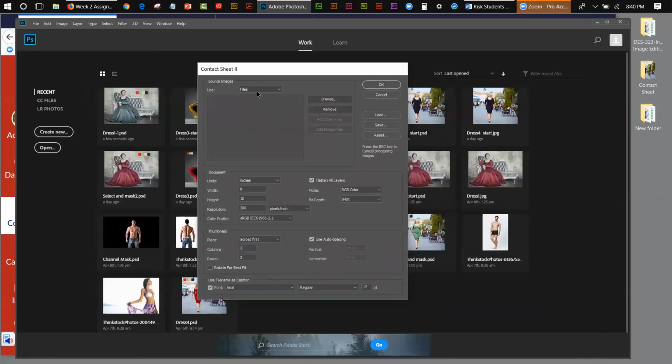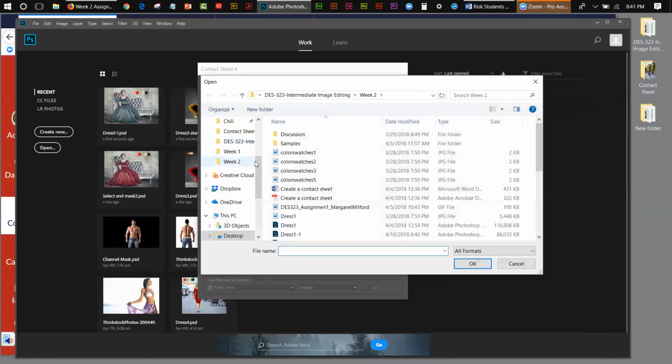And what we're going to do is the source images, we're going to use Files. See where it says Files folder? We're just going to use Files. Okay, Files. All we're going to do, and this is something that you should be able to figure out. I mean, you just look at what it's basically telling you to do here, and you shouldn't have too much trouble with this. So I'm going to browse, and what I did to make this easier on us is